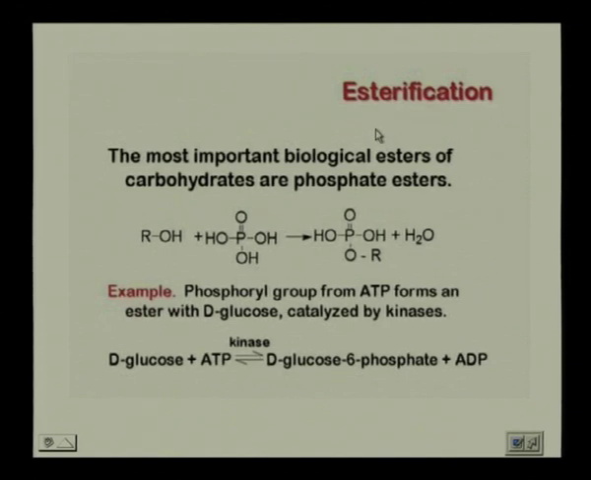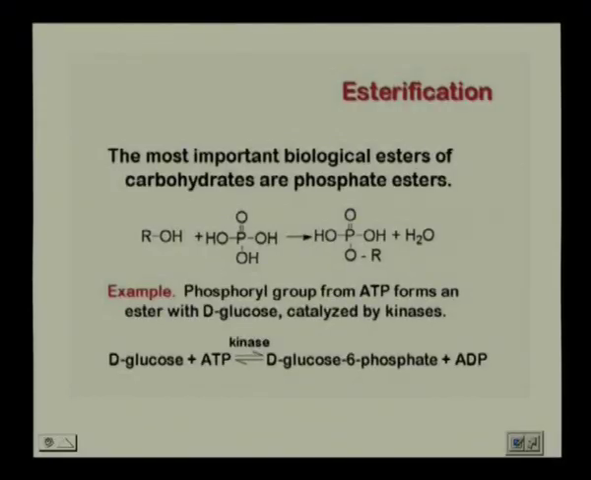Then we can have esterification, which is probably one of the most important biological esters that are formed, where we have a specific enzyme. Remember, I mentioned kinases as being a type of transferase. We have 6 different types of enzymes. Of those, there is one type called a transferase. But a kinase is a specific type of transferase that transfers phosphate moieties. Okay? We are going to see a lot of these kinases when we do bioenergetics, but for now we have